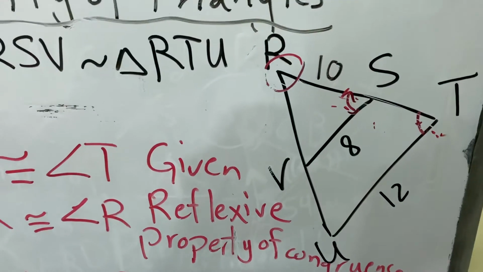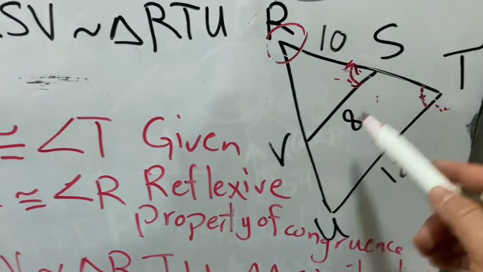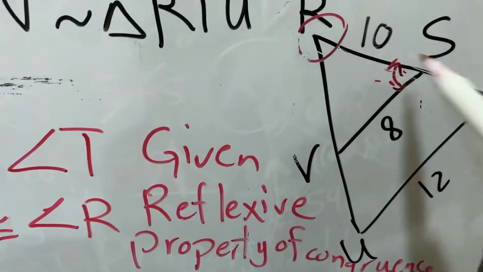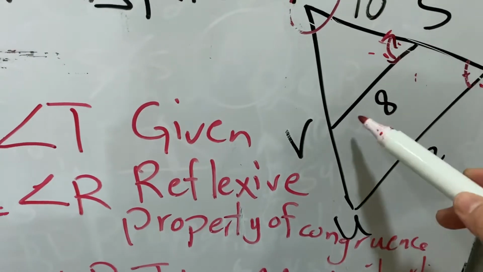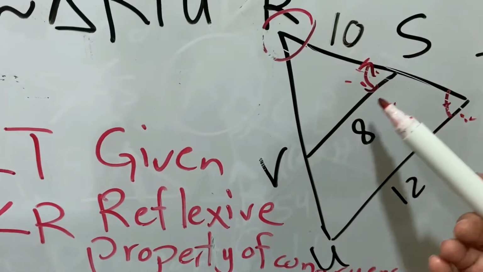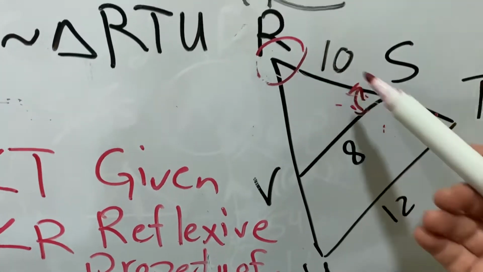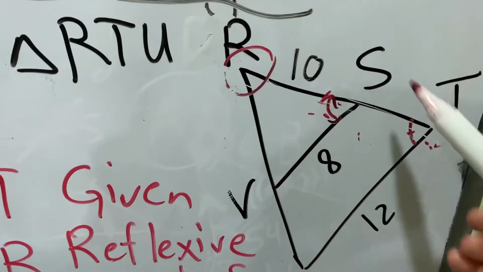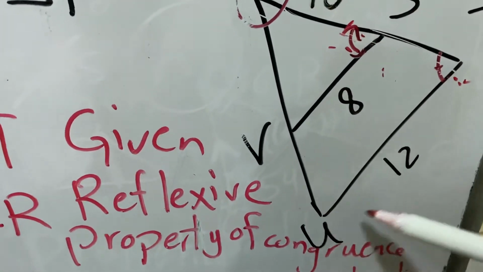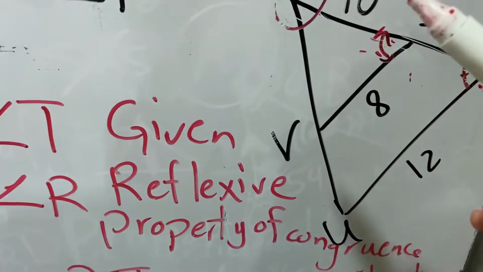Now, when you prove that the two triangles are similar, you can say that the sides are proportional. The sides are never congruent because the small and the big don't have the same size. One is small and one is big. But the sides are proportional, meaning if I take one side from one triangle over the corresponding side from the other triangle, it's equal to one side from one triangle over the corresponding side from the other triangle. So if I say this 8 over the 12 from the big one is equal to the 10 from the small. I started by the small, take care.